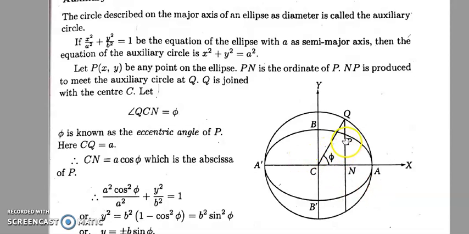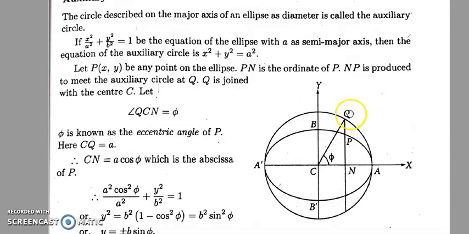We may consider any point P on your ellipse. So P(x, y) is an arbitrary point which is taken on the ellipse, and now PN is the ordinate of P with respect to the ellipse. So when we draw a perpendicular line from P, this distance PN will be the y coordinate of P, so that will be the ordinate of P, and this line NP is now produced to meet the circle,